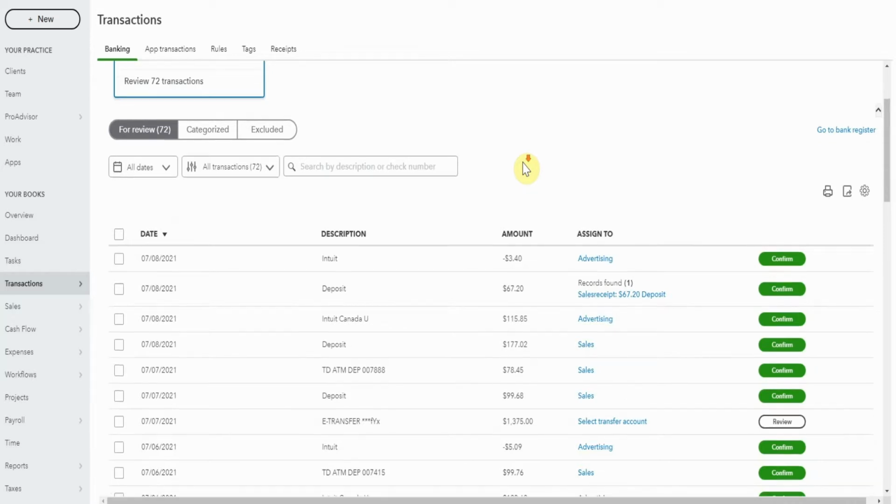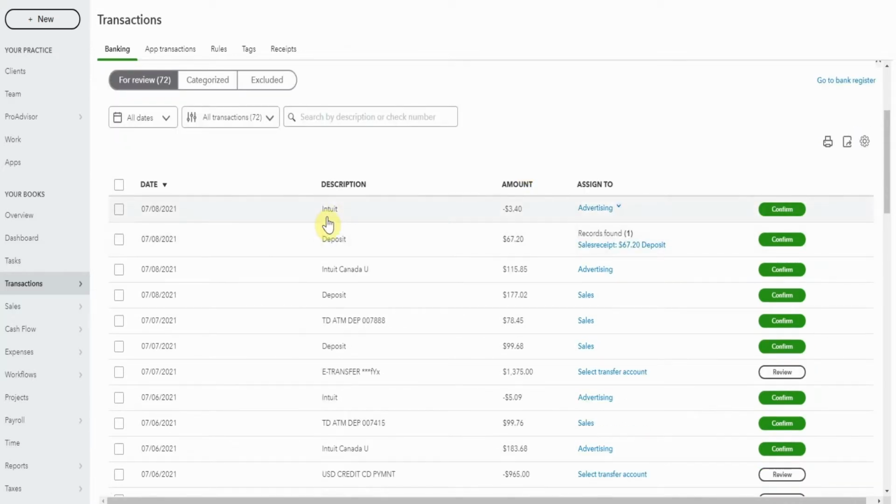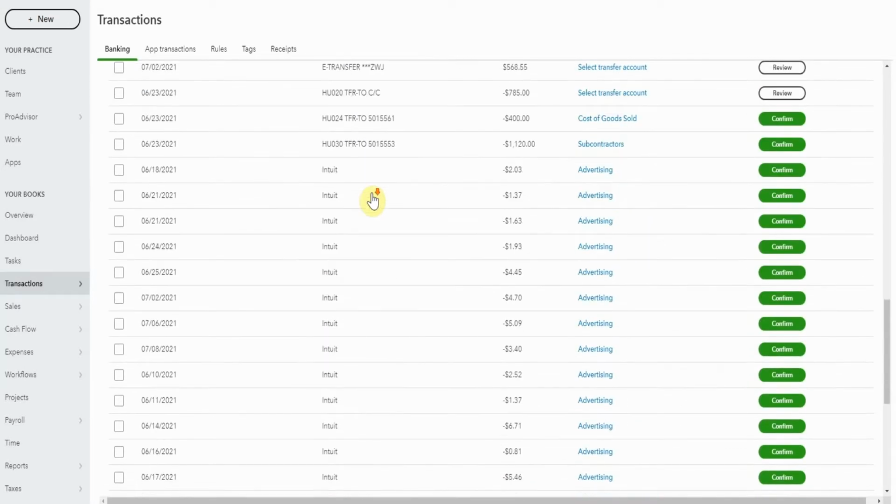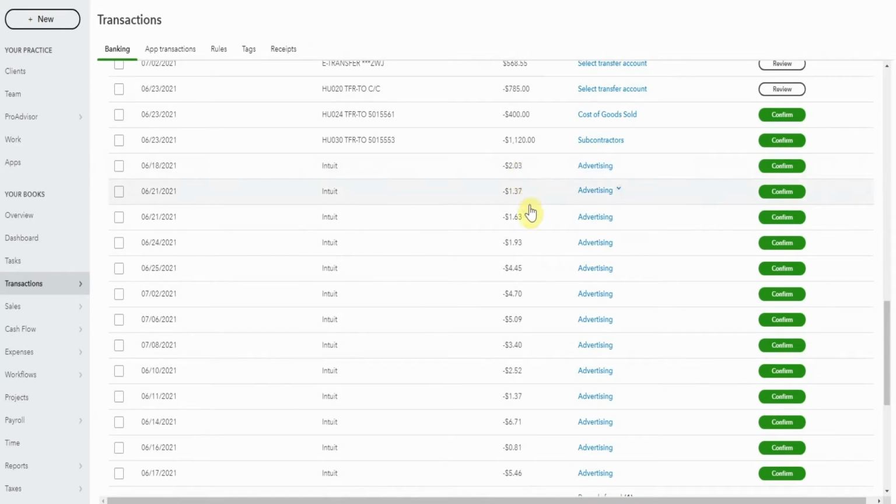Now on the first row here you can see that there's an amount payable to Intuit. So this is part of what I don't like actually. It's got this minus here so that you know it's money out. And QuickBooks has suggested that this is advertising. Now I know that it's a payment processing fee, and I also know I have quite a few of these. So I'm going to sort by description up here, and then I'm going to scroll down and find all of these Intuit minus amounts, and here they are.